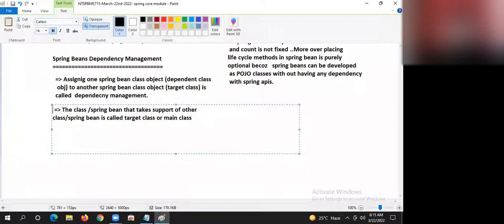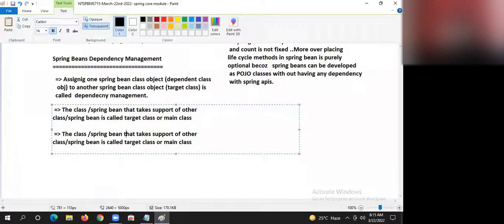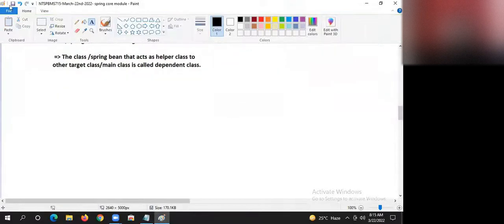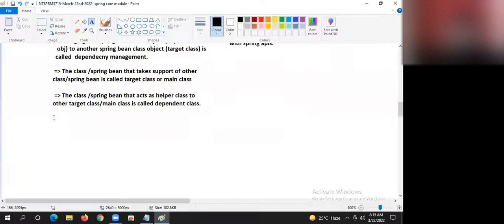The class or Spring Bean that acts as a helper class to the target class or main class is called the dependent class. Understanding my statement, guys?